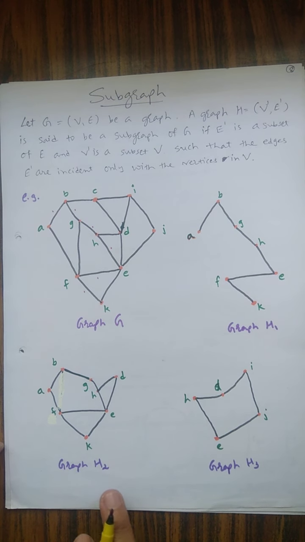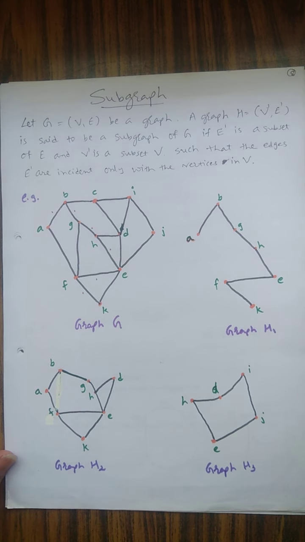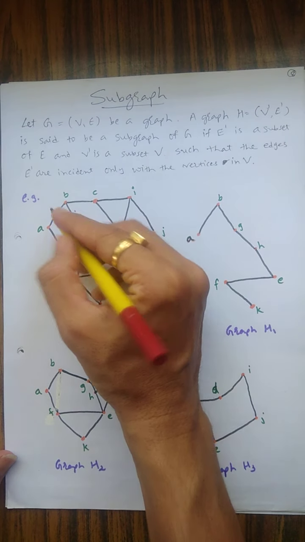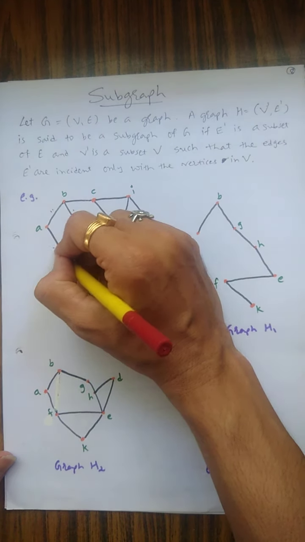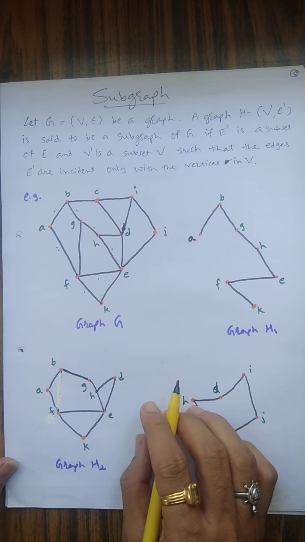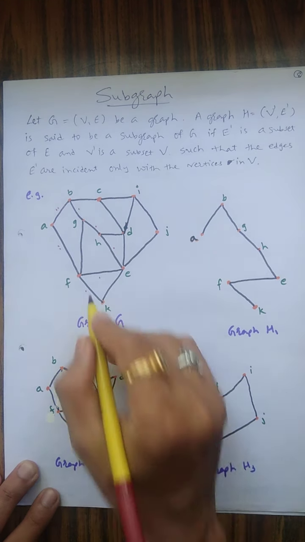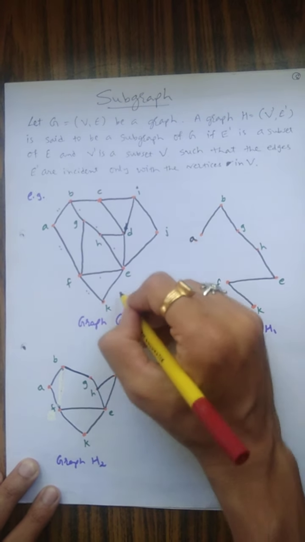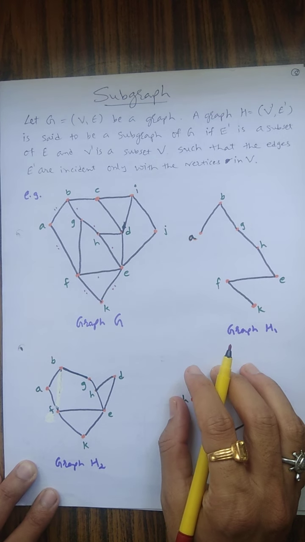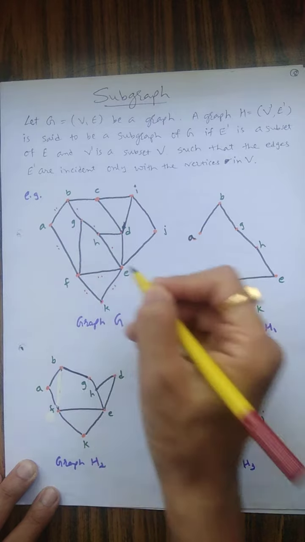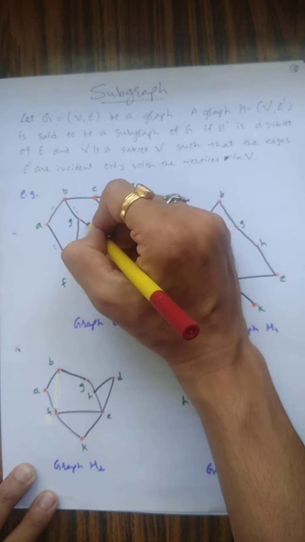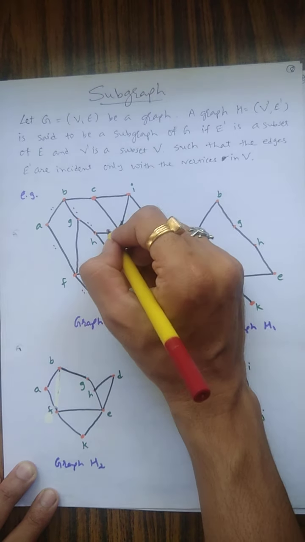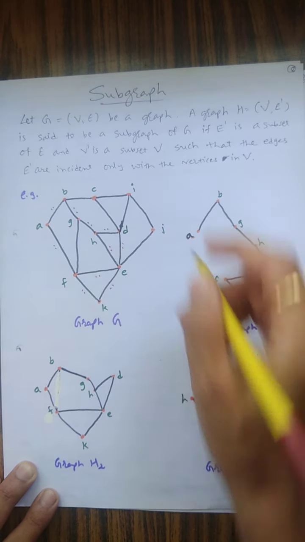Similarly, I take another example, H2. In that I take these lines. I am marking them with 2 dots, so you can understand which lines I mean. AF, then I take FK, then KE, then I take FE also, this H also, B also, G also, this line also. Similarly I take this and this.